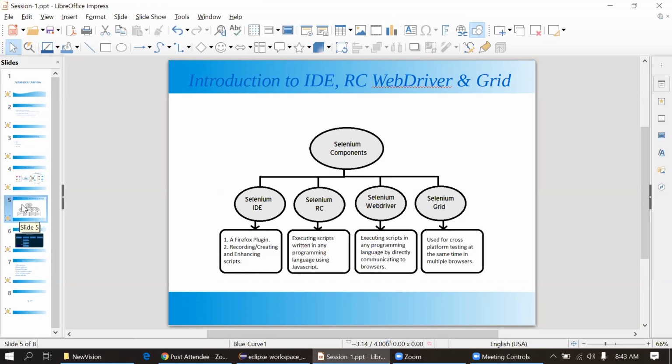When Selenium was introduced at the initial level, there was Selenium IDE. This is an integrated development environment, and it basically supported only Firefox. Recently they are supporting other browsers as well, but we are not actually using IDE because it's just record and play. If you record something, we cannot guarantee that it will execute next time, because we can hover the mouse here and there. We cannot do navigations in the recording. So that is a disadvantage, and we are not using this IDE. I will show what this IDE is in the practical after this.